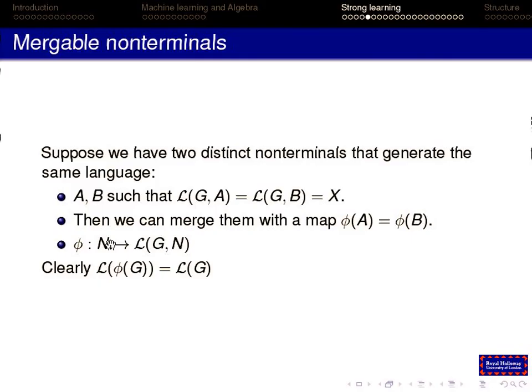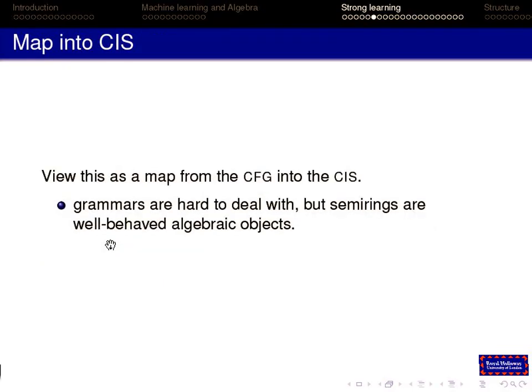So mathematically we map each non-terminal to this infinite set of strings. We can view this as a map from a context-free grammar into our power set, our complete idempotent semi-ring. So what we've done here is we have our grammars, which are kind of hard to deal with and ugly, and we can't compute with them nicely.